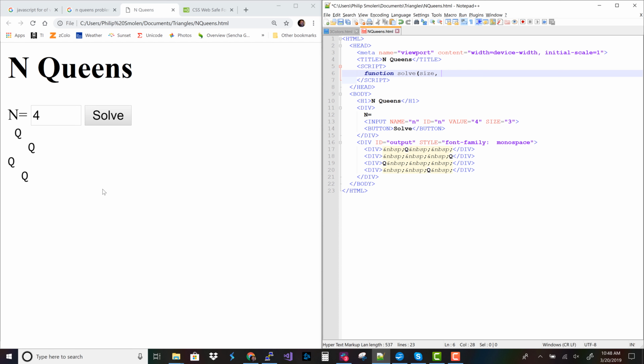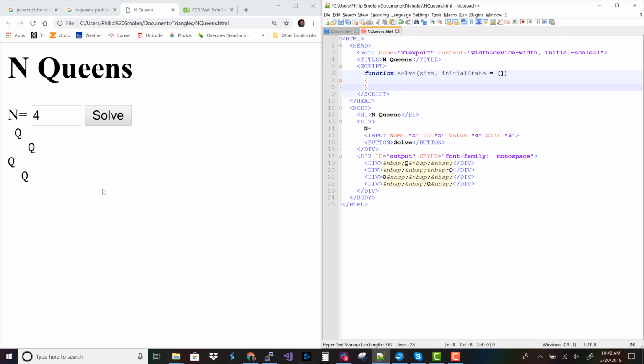So I'm going to say, where are we starting from? So initially, we're starting from no moves at all. So initial state. And by default, it's this empty list. This empty list means there haven't been any moves. Simple enough. Actually, if something else planned, I learned this in school. I'm not creating a solution to this off the top of my head. I'm just dumping from my head to JavaScript. All right, so